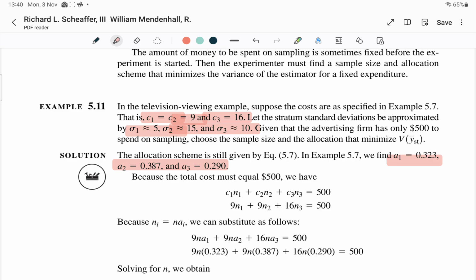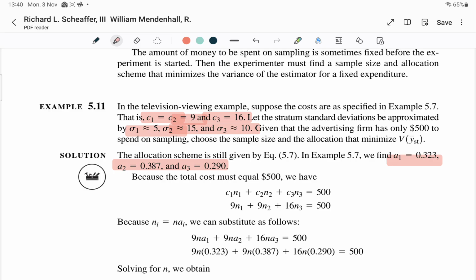what is allocation required? Capital N1, capital N2, N3, something like that, and sigma 1, sigma 2, sigma 3, and cost C1, C2, C3. That is what the allocation formula requires. So it means that in this type of question you need to calculate your allocation by yourself, by using the formula of allocation. Are you getting the point? Okay,